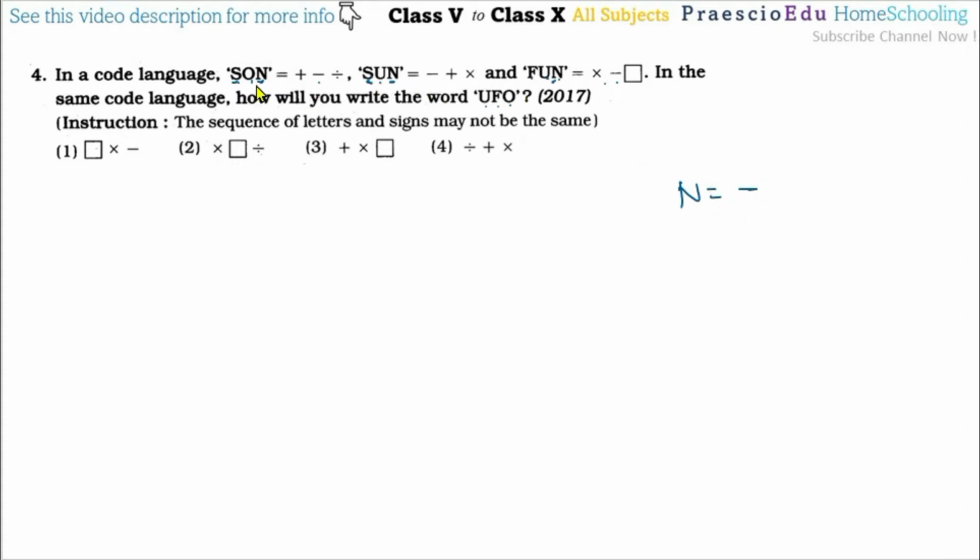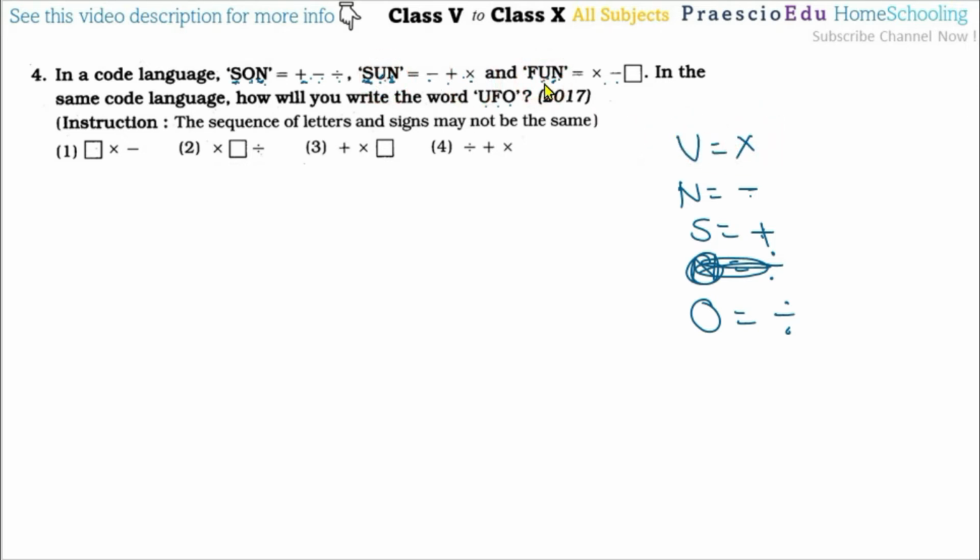After this, the S is common, so there is a positive sign, which means S is a positive sign like this one. After these two, there is a division sign, which means that is N, so N is equal to this sign, and this is O, so O means this form. After U, S and N, we know that after these two symbols there is this symbol, which means U, so U is this cross symbol.